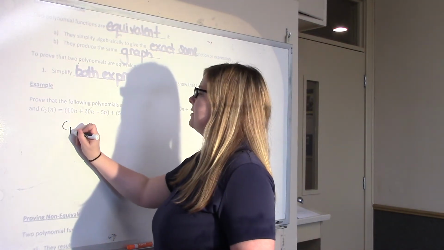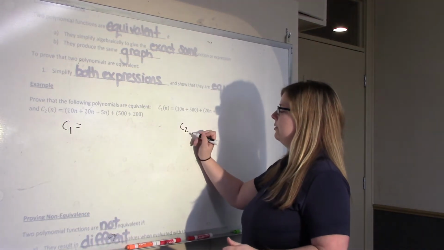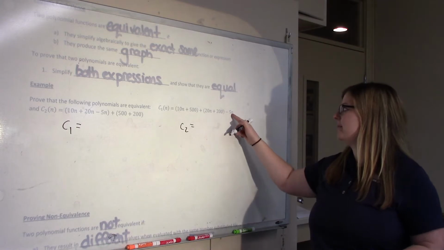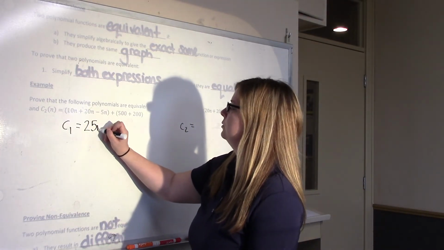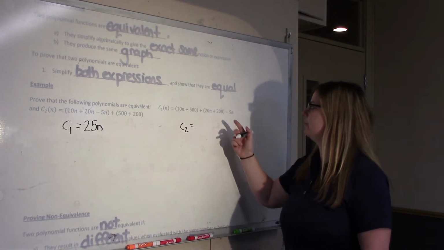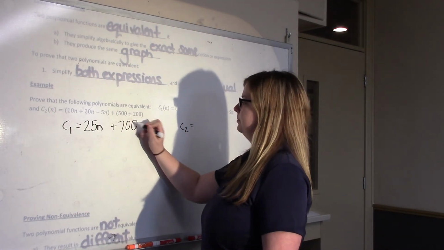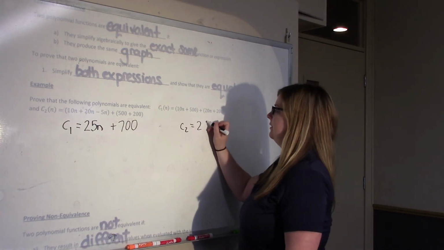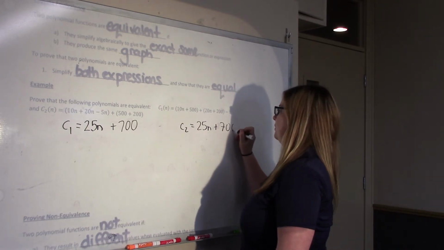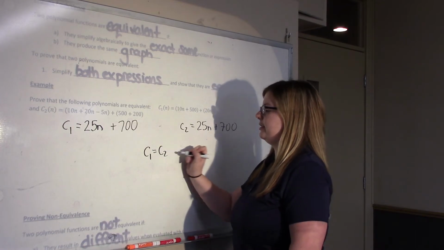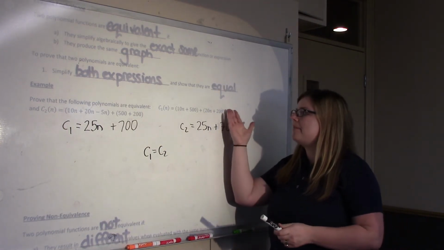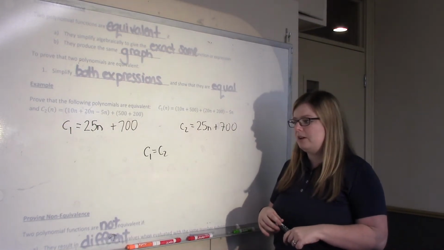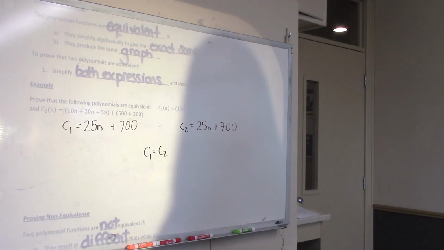So all you need to do is separate into C1 and C2, and you simplify. So 10n plus 20n is 30n, minus 5n is 25n. 500 plus 200 is 700. Okay? Then we get 10n plus 20n minus 5n is 25n plus 700. So then you can conclude C1 equals C2. And that's it. So really these are just the same polynomial written in two different ways. So you just need to simplify them so they look the exact same. That's all. Okay? Now to prove non-equivalence,